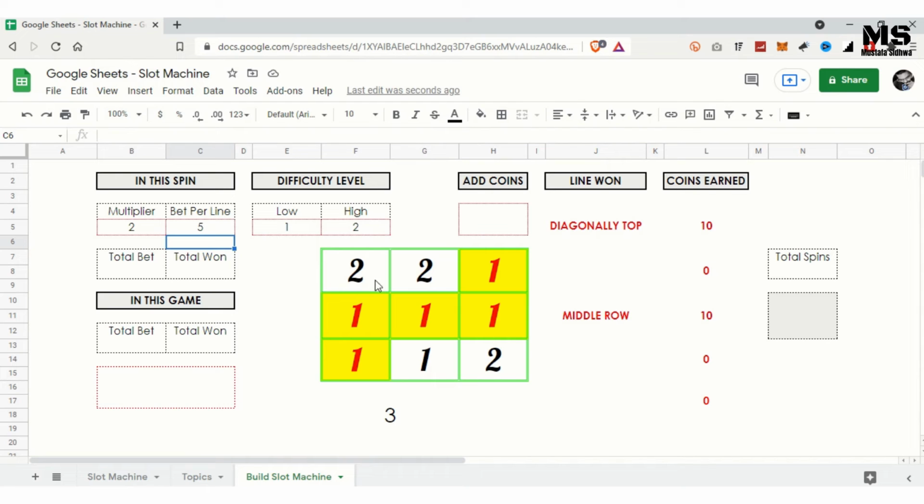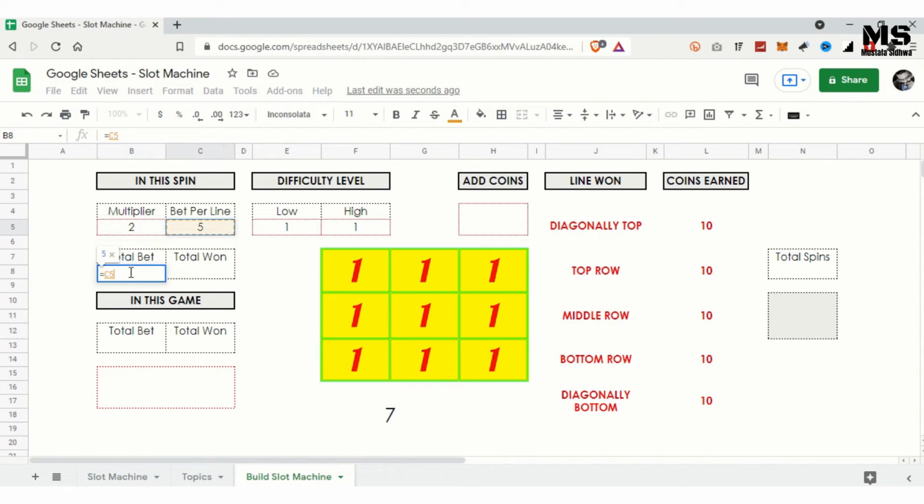So now what we need to do is update the total bet and the total won for this spin itself. So for that, the total bet is going to be the bet per line, that is 5. And how many lines are there? There are total 5 lines that we're playing for. 1, 2, 3, 4, 5. So we will say equal to this value into 5,